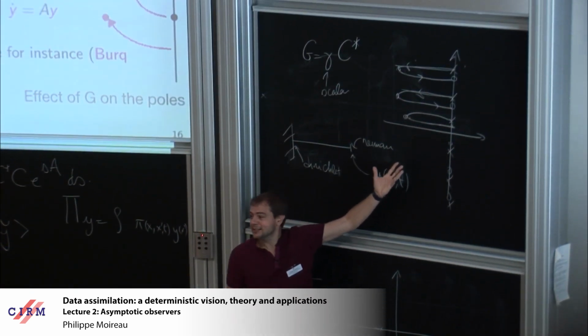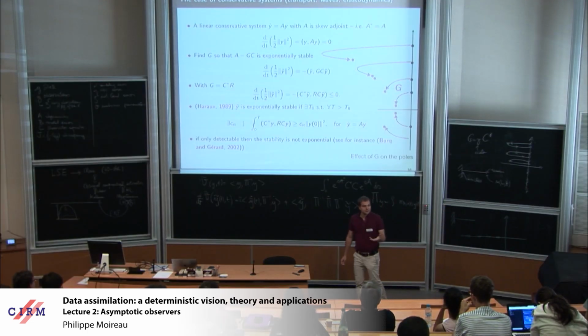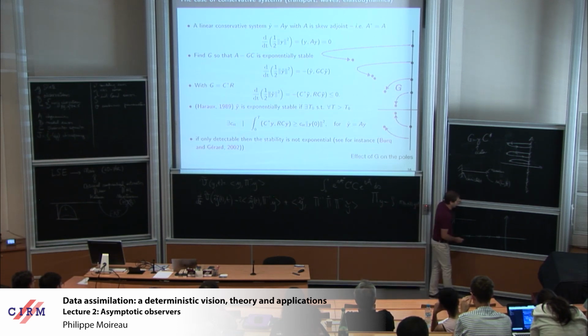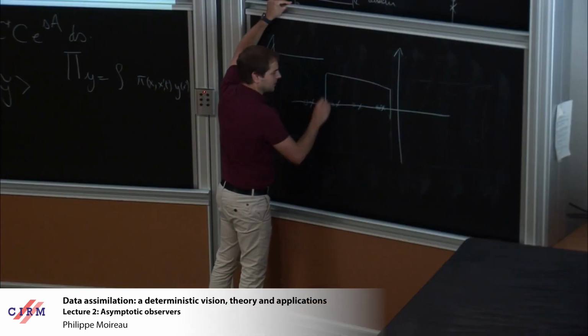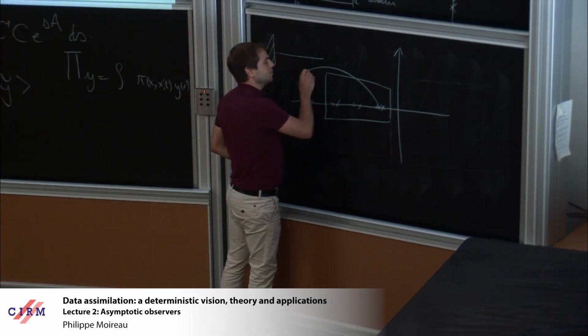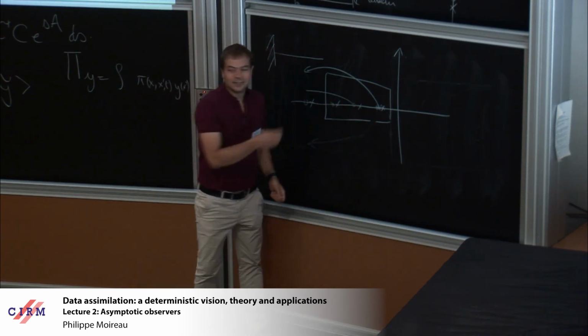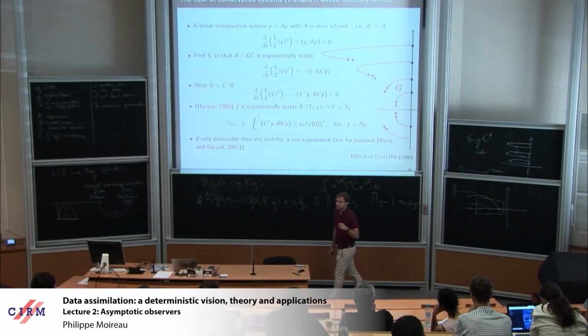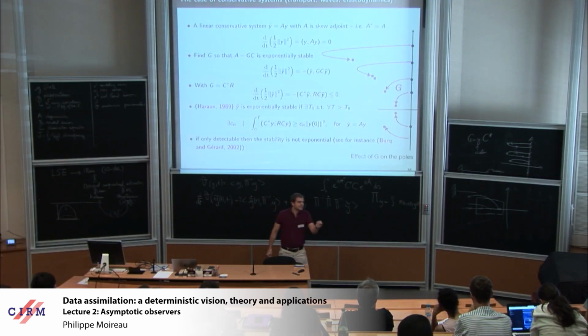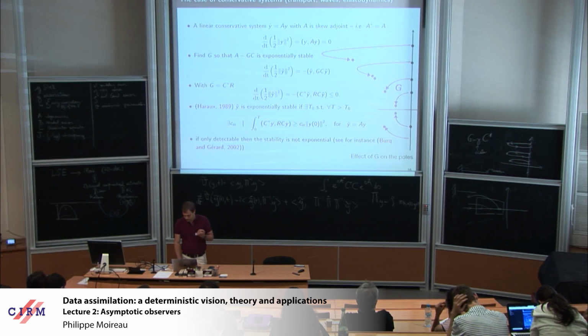Practically it will work, but on the parabolic equation, it's better to use the Kalman approach, because with the Kalman approach, you select only this one. This one is already sufficiently on the left, and this one, you will put them like that, but very far on the left. And you use the Kalman property to put them as far on the left as you can. So you really have to think of two ways of considering this type of system, when they are conservative or dissipative.